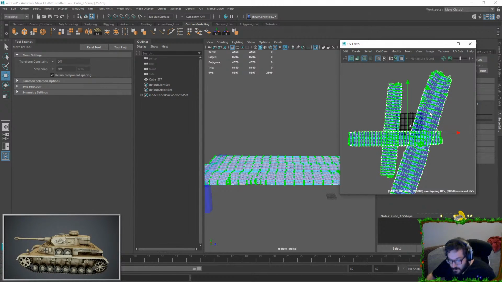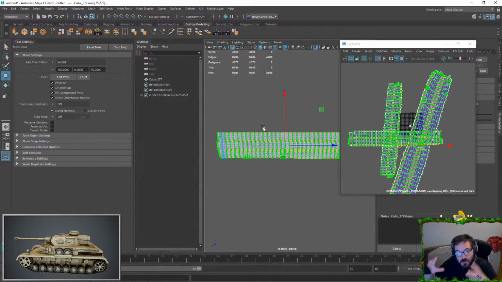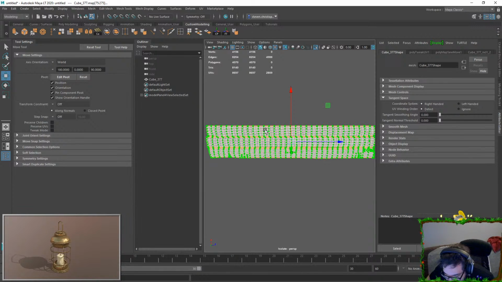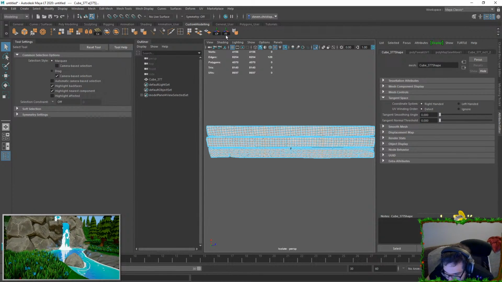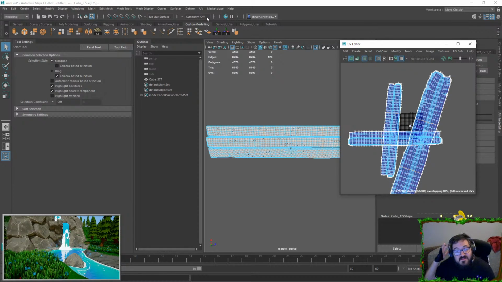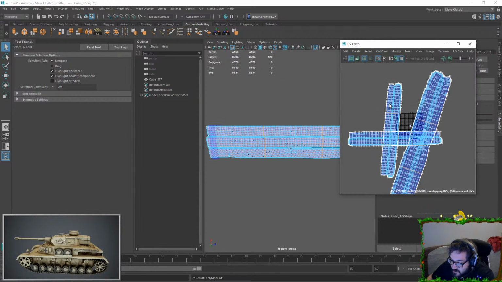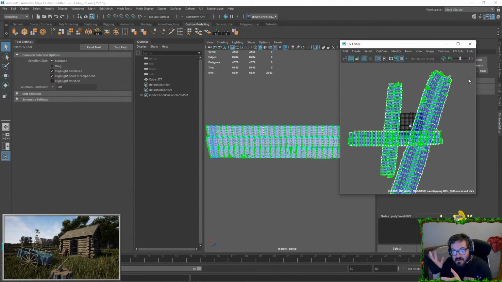Now, because it's so long, I think it'd probably be the best idea to cut it into 3 sections so we get a lot more UV space out of it. You know what I'm saying? So if we sort of roughly divide it up, so we say here and here. It's one of those times where you have to sacrifice one thing for another. I have to sacrifice having more seams to have my UVs at a smaller island so I can texture them easier and they take up less space. I always try to explain this when doing UVs, that a lot of the time there's a give and take. And you're either sacrificing one thing,